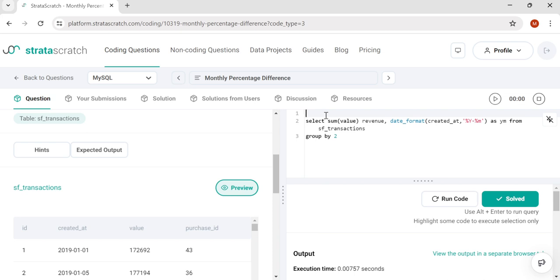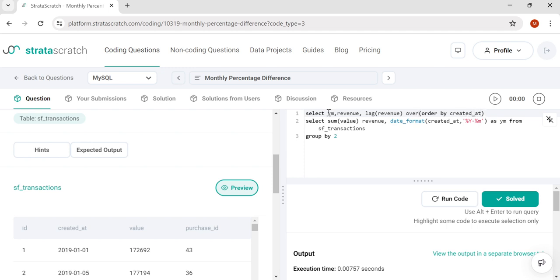Now what we have to find out is the previous month revenue, and that can be found by using lag, that is a window function, right? In window functions we can use previous values by using lag, and values after the current month by using lead. Let's see, we need to use revenue. We'll return in order: year and month, revenue, and lag of revenue,